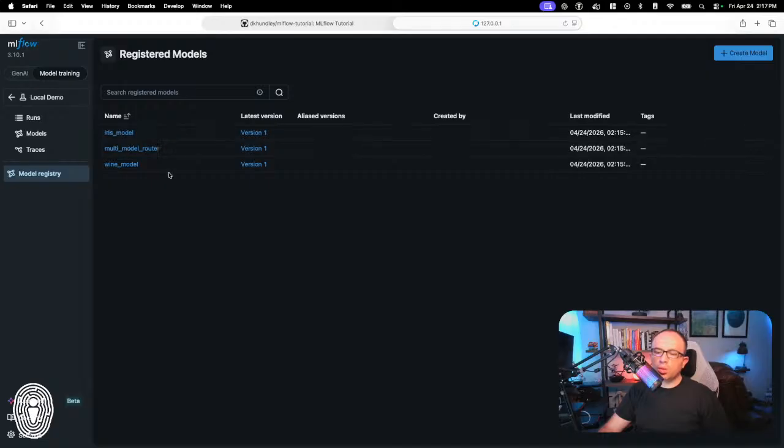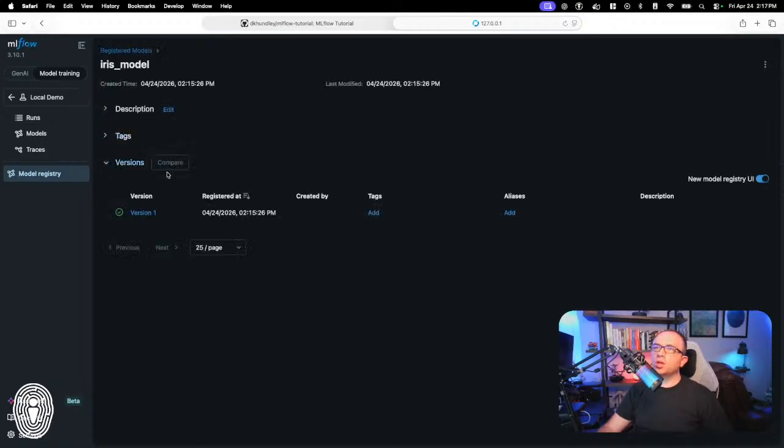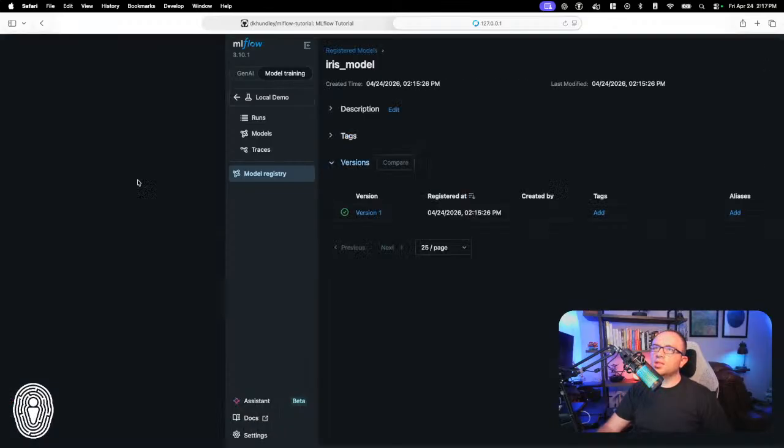And again, we'll recode everything. In fact, I'm going to shut this down. I'm going to delete this whole backend just so we can have a fresh copy of MLflow that we're working with. But you can see that with this model here, when we go into it,